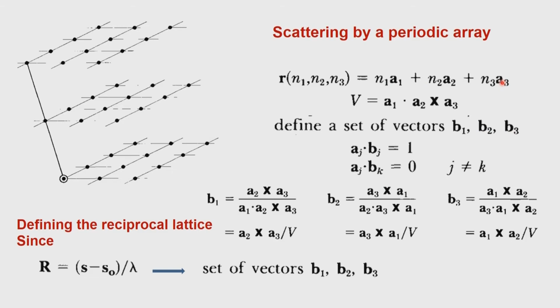We are doing this in order to get the representation of capital R, which is our scattering vector, and we also know it has dimensions of reciprocal length. So we are now trying to get how to express capital R given the little r in a 3-dimensional lattice. When we have a periodic array, we consider the little r and we now want to define the capital R.